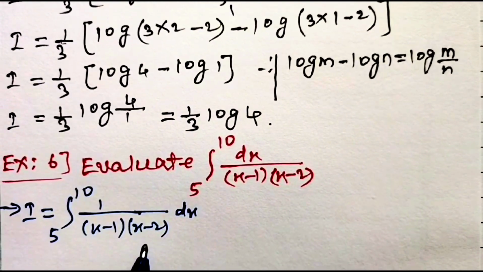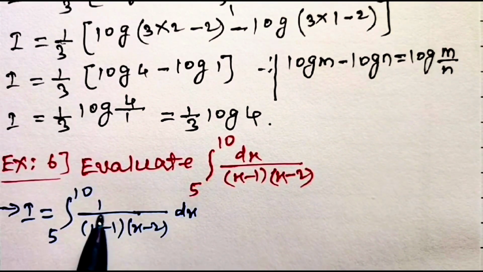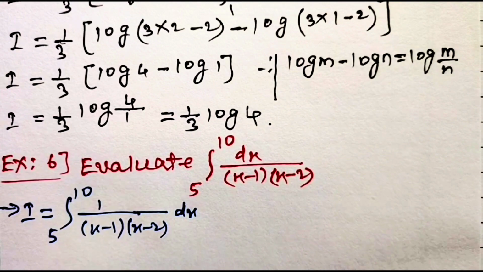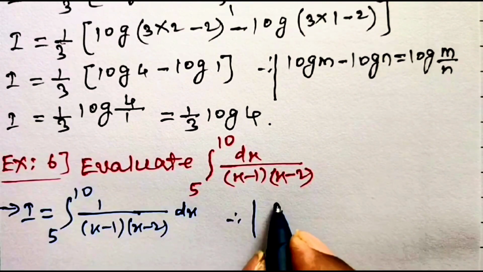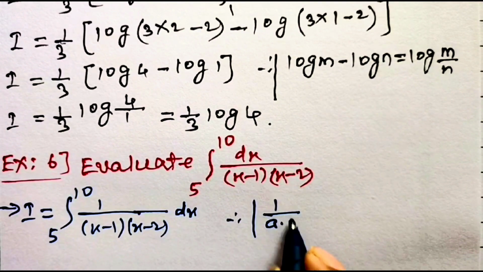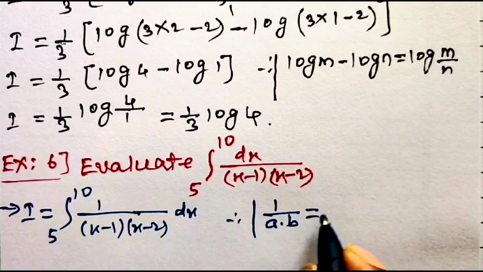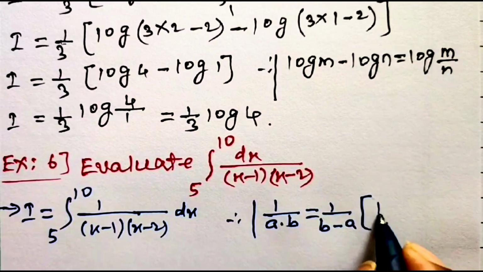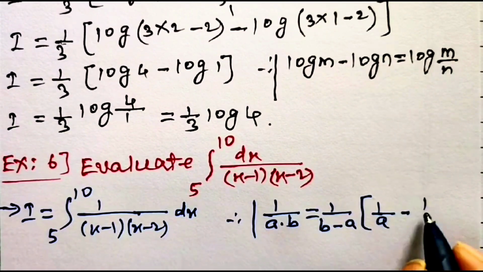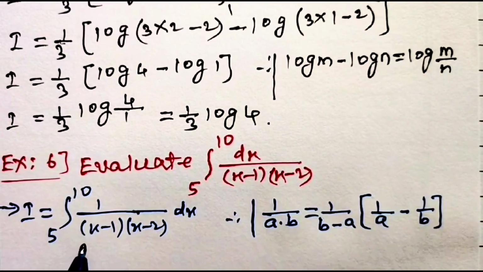Since both are linear factors appearing in the denominator and none is repeated, as well as the numerator being a constant function, you can apply this simple formula for finding partial fractions: 1 upon a into b, where a is the first linear factor and b is the second linear factor, is equal to 1 upon b minus a into bracket 1 upon first linear factor minus 1 upon second linear factor, bracket close. So applying this formula, 1 upon x minus 1 into x minus 2 can be written as